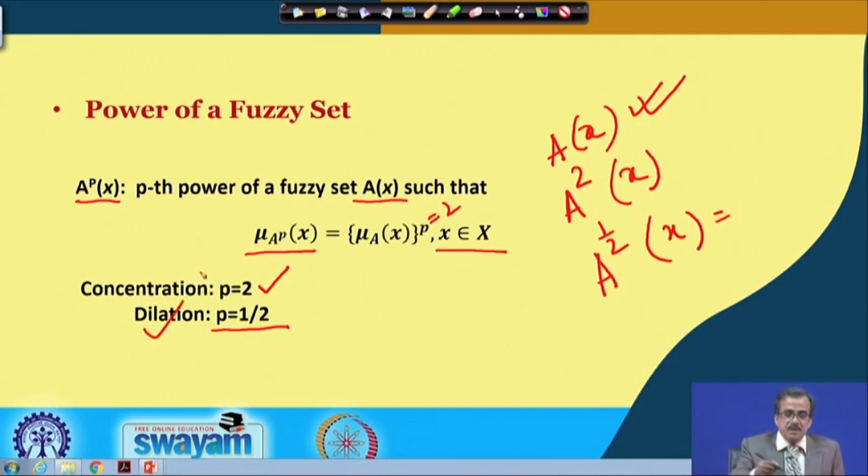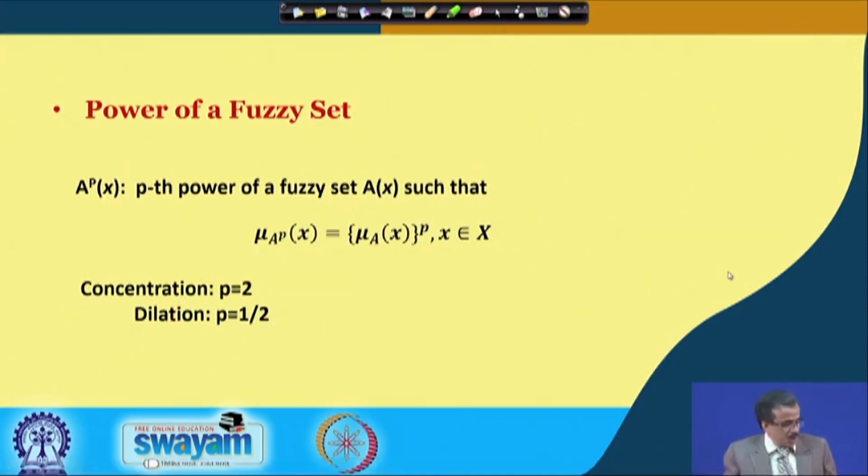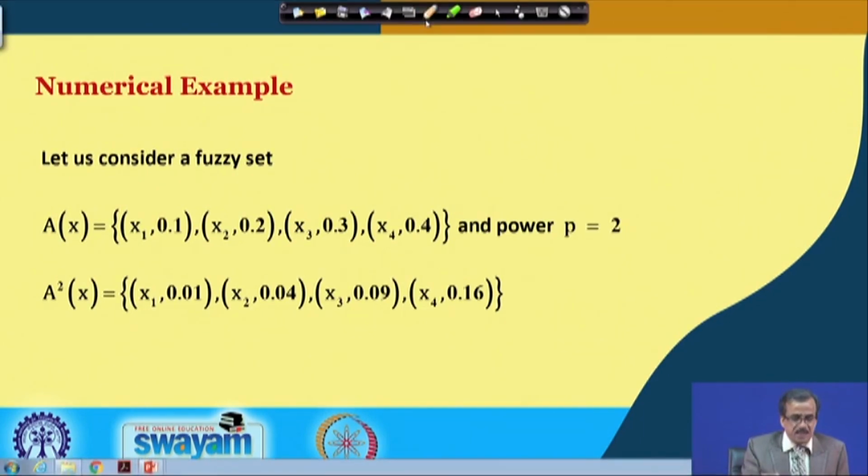Now, I am just going to consider some numerical example just to show how it works, and after that I will try to find out the physical significance of this concept of power of a fuzzy set. Now, let us consider the same discrete fuzzy set A(x) equal to x1, 0.1, x2,